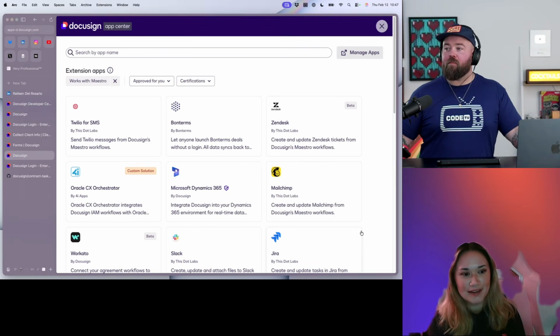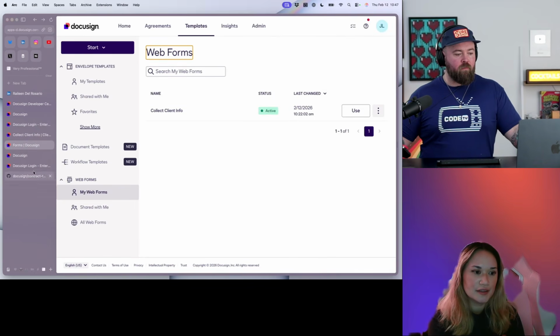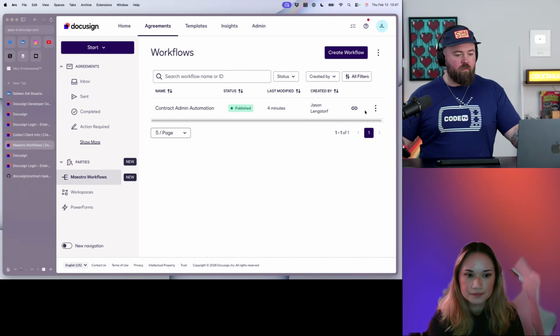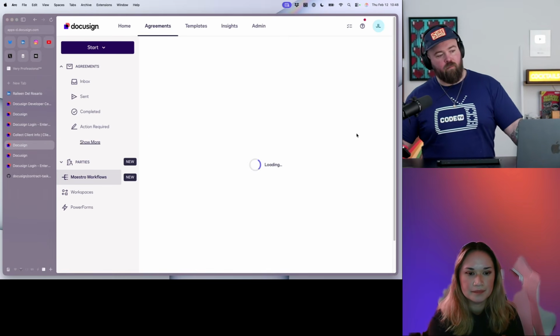I also want to look at the start methods real quick. If you X out of this and go back to your workflow that we were looking at earlier, let's do edit real quick, and then we just won't save it or reactivate it.